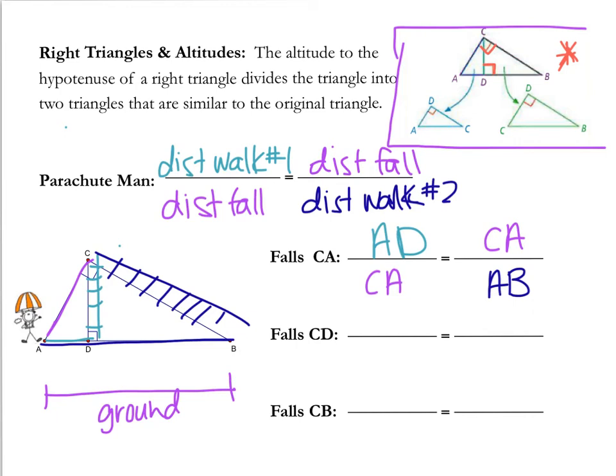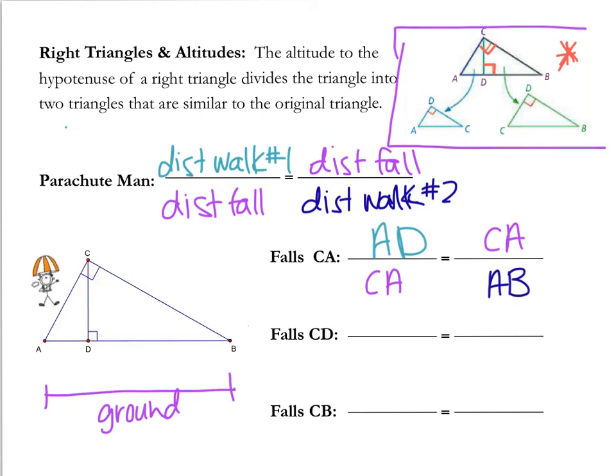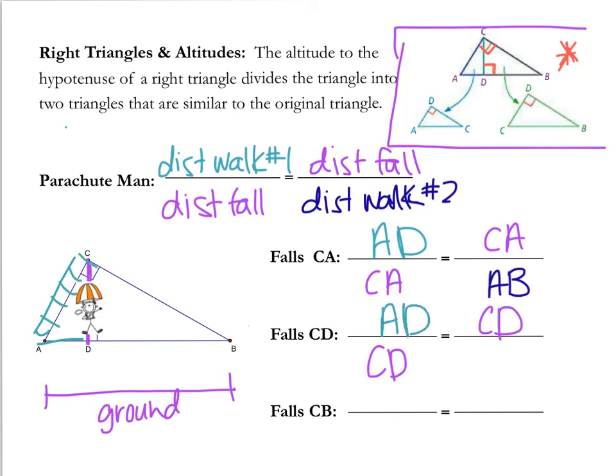Alright, so then we're just going to go through the other scenarios that could happen here. So I'm going to put him back at the top here. And we're going to look at what if he fell down CD instead. So if he fell down CD, again, the one he falls has to go across from each other. And then he falls down and lands at that point on the ground. So now he can go this way to get to a rescue ladder, which is AD,